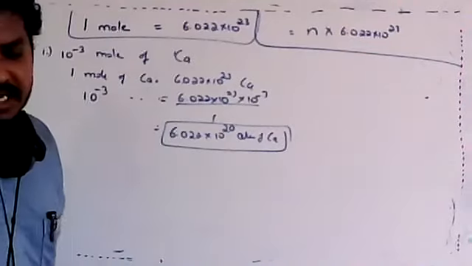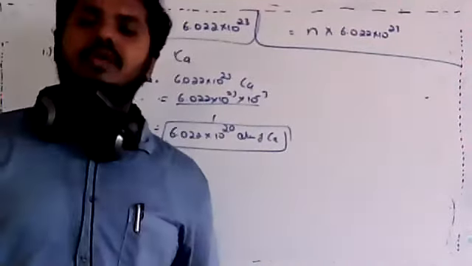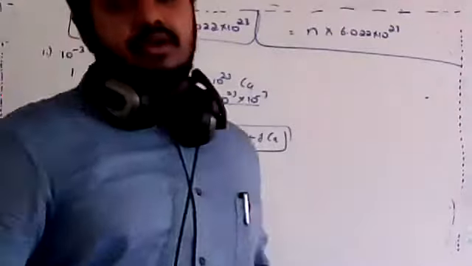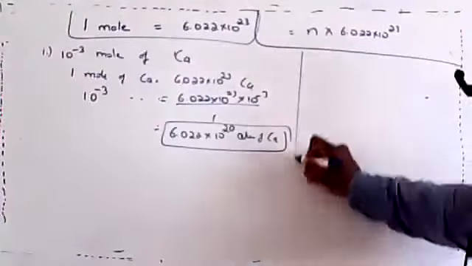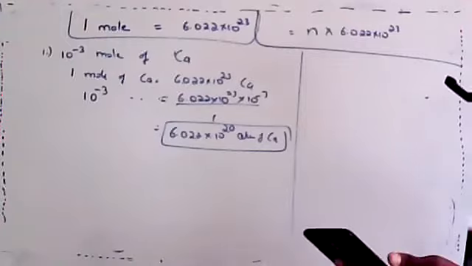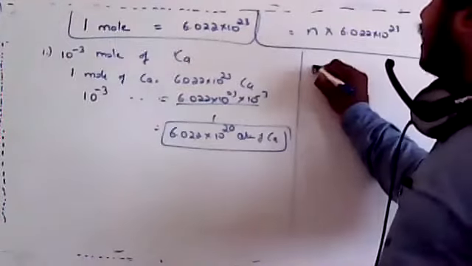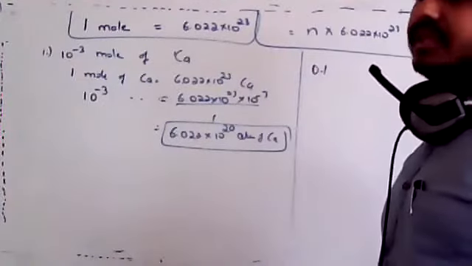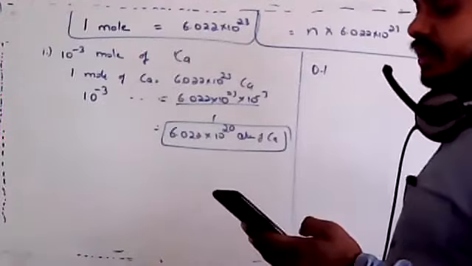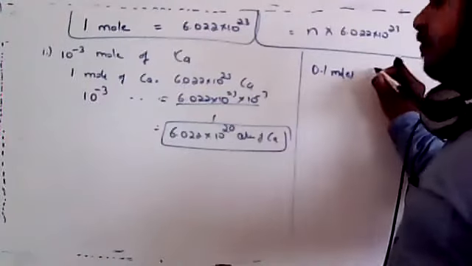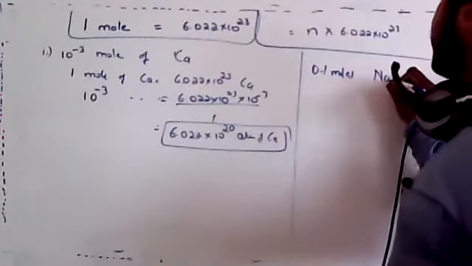So let me go for the second question. The other two sub-questions in the first question you have to solve. Now they are asking about molecules. So let me just take an easy one, because the next one you have to solve it. Take 0.1 mole of NaOH, they are asking.